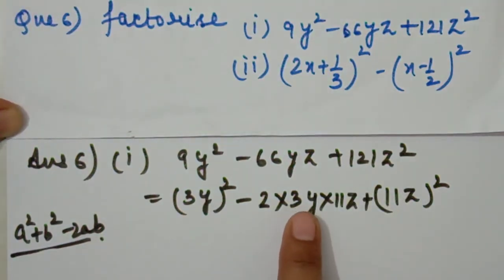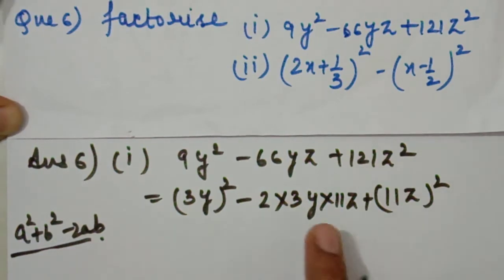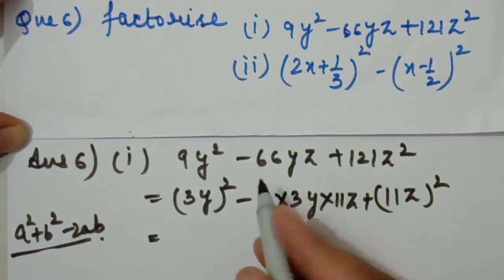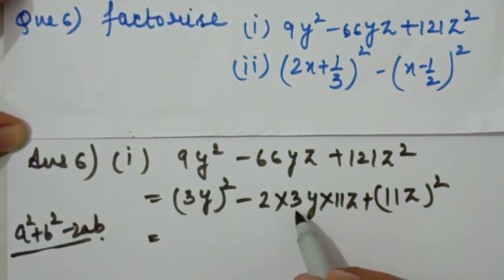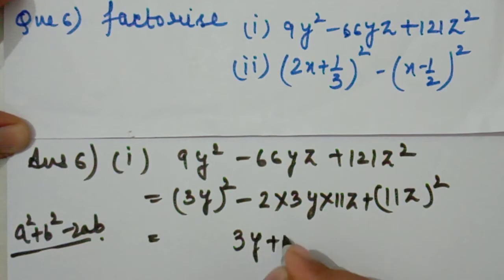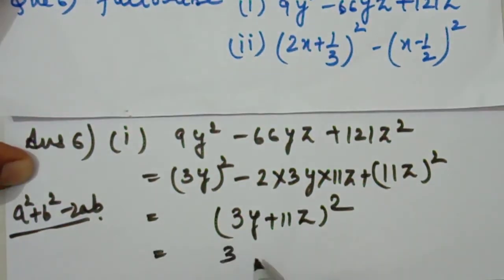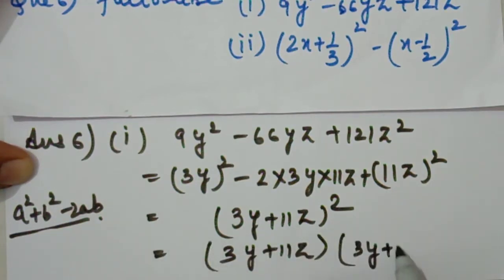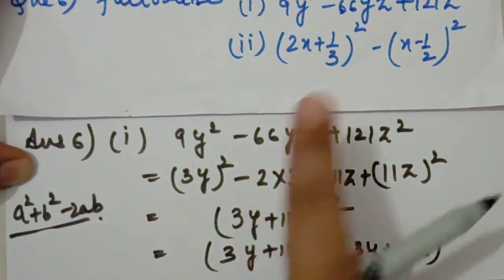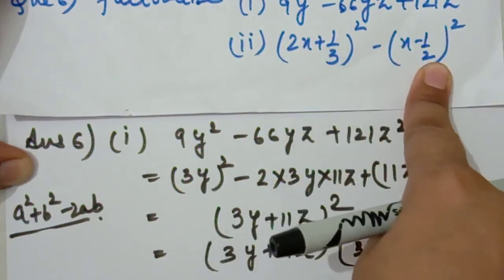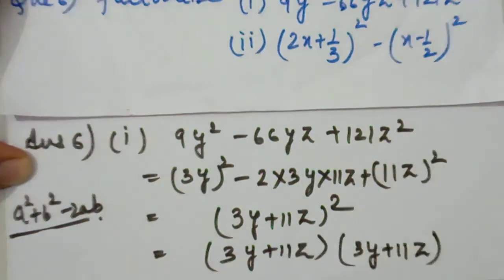So now check whether it is equal to this or not. Yes, it is equal to this. Now we will close this property and then factorize a square plus b square minus 2ab. Then the identity is a minus b whole square, and whole square means it is multiplied 2 times. So these are the factors of this given question. Now the second term, it is clearly visible, it is the second question, it is a square minus b square. We will take a minus b and a plus b.